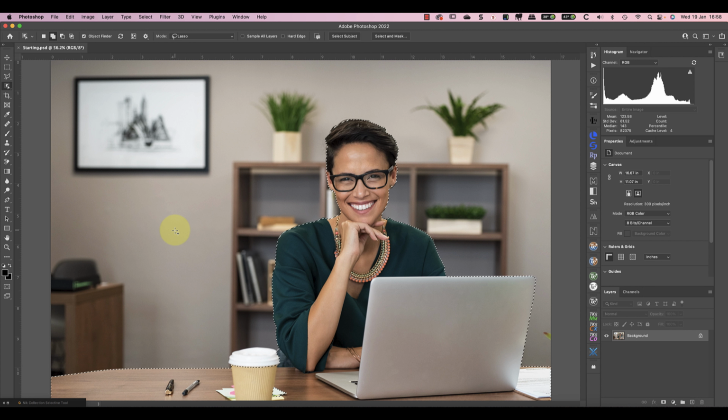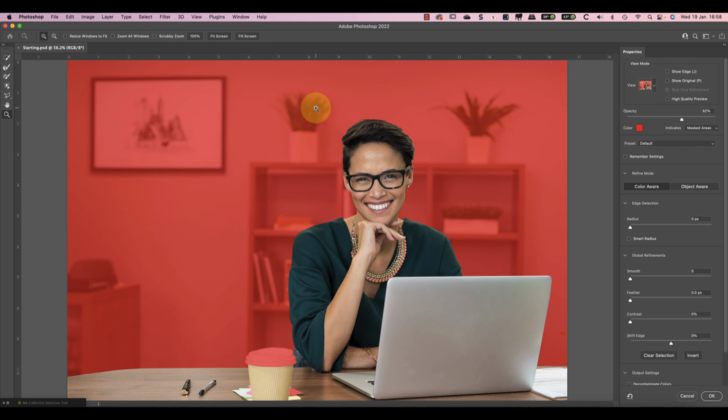After that, I switch to the Select a Mask environment to refine it. I find it's better because it has a colour overlay where you can easily see what is and isn't selected. It also includes other selection tools to help you refine or make more complex selections. Looking at this image, the selection looks pretty good and it would be fine to use it for something like